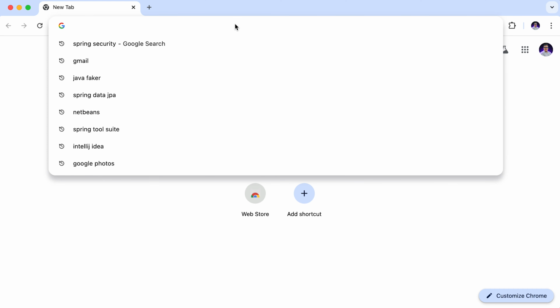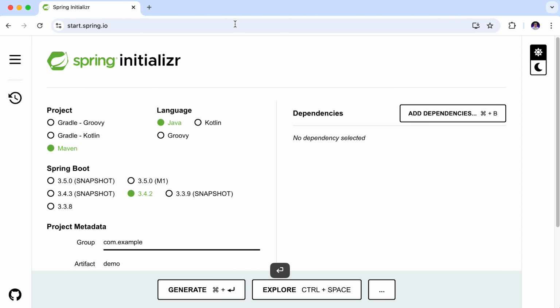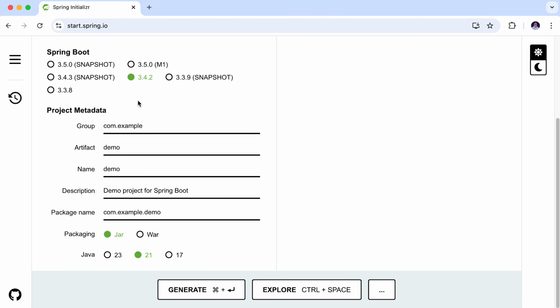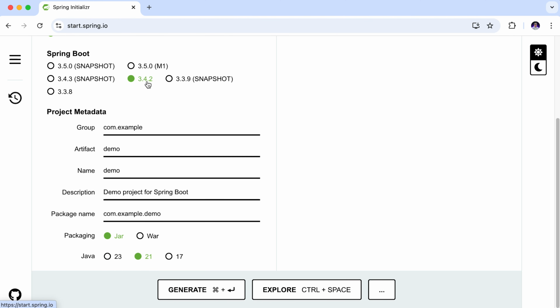Let's head over to start.spring.io. Now, configure our project setup. First, I will select the build tool as Maven, which I prefer. Next, I am choosing Java as the programming language. For the Spring Boot version, always try to use the latest stable release. At the time of this recording, the latest version is Spring Boot 3.4.2. Also, make sure that the selected version supports Spring Security 6.4 because the Passkey support with WebAuthn was introduced